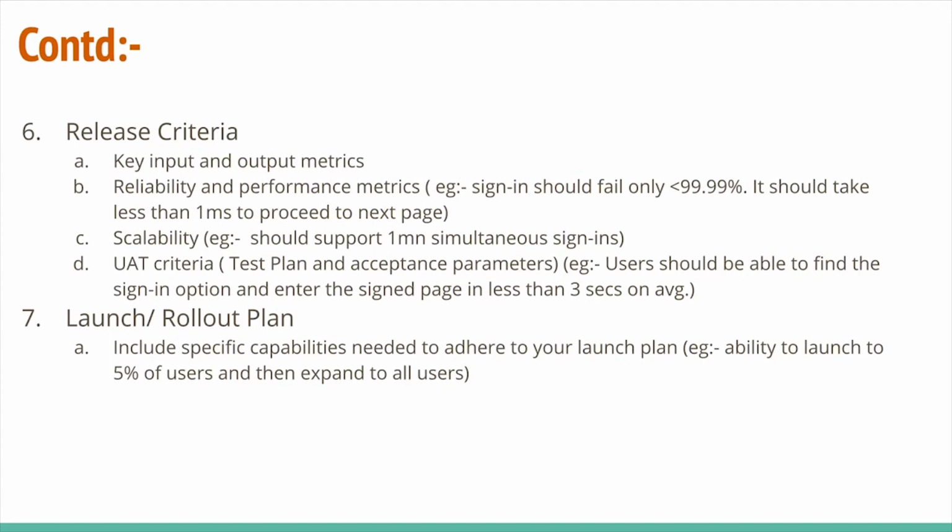The reason why you're listing it out in the PRD is so that there is no ambiguity. You don't want to have a scenario where the product is not built for scale simply because someone did not know that we would actually have a business case where 1 million simultaneous sign-ins can happen. Nor do you want a scenario where your market has a lot of high performance products and you need to have high performance for your website or e-commerce site also, and someone who is building it did not really factor that in.